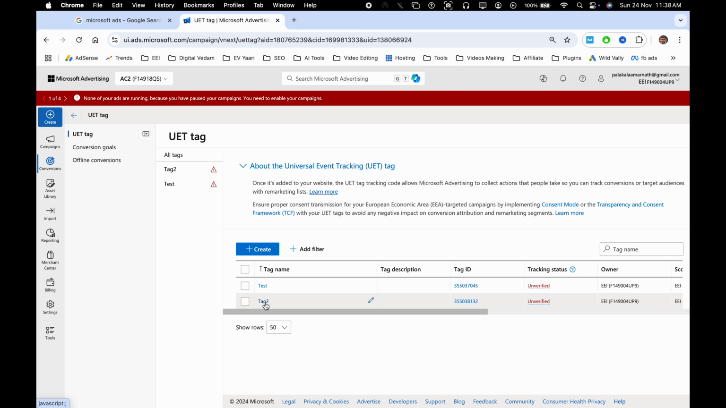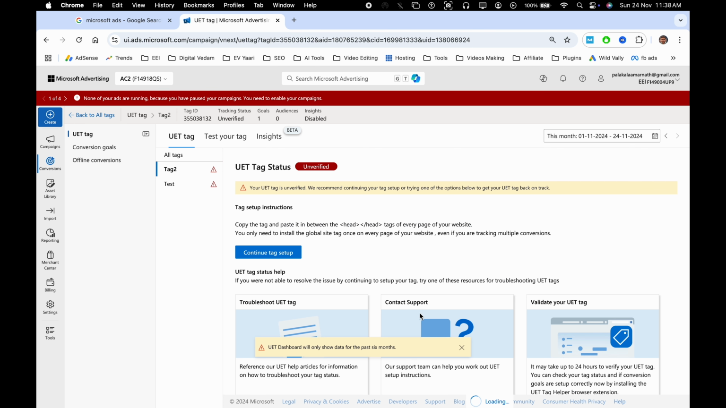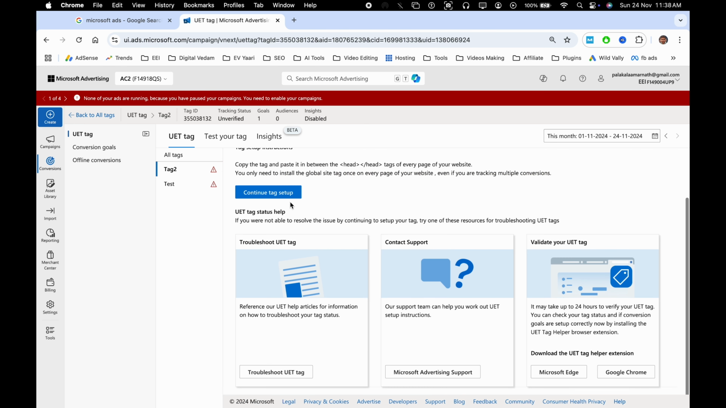So you have multiple methods. You can give this code to your developer, and they'll be able to do that. Otherwise, you can use your Google Tag Manager. You have your GTM placed on your website and landing pages. Simply, you can go to Google Tag Manager and add this tag and fire it on the thank you page which you want to. Click on that tag. I just clicked on that tag, right? Continue tag setup. I'll click on continue tag setup,